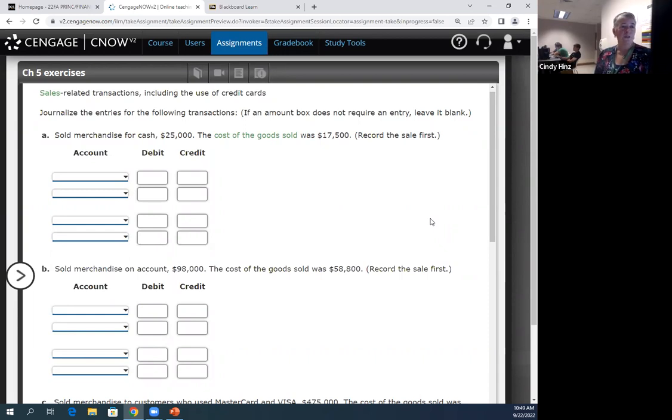In exercise 2, we're going to look at a different scenario. First, you should notice that for this exercise, we are now the seller. So I told you we'd be doing some exercises where we are the buyer, some where we are the seller. There might even be one where we do both sides, where we act as the seller and then as the buyer. And this is going to involve credit cards. And this is certainly much more likely if you are a retailer selling to the end user, to the consumer, that the consumer might pay using a credit card.